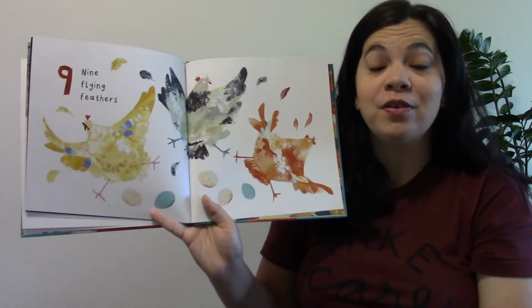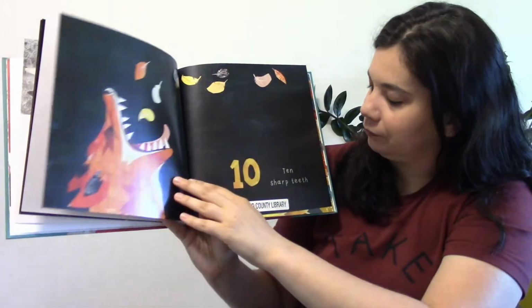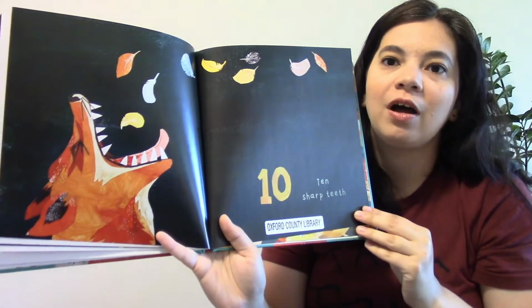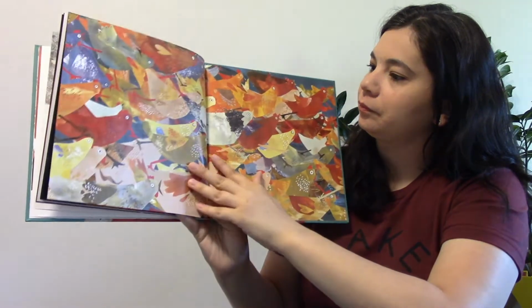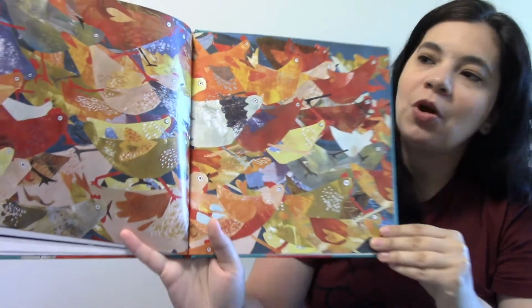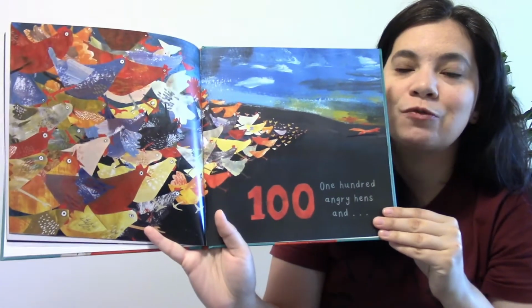9 flying feathers. Scared chickens. And 10 sharp teeth on our fox. Look at all those chickens running. So many chickens running. 100 angry hens running